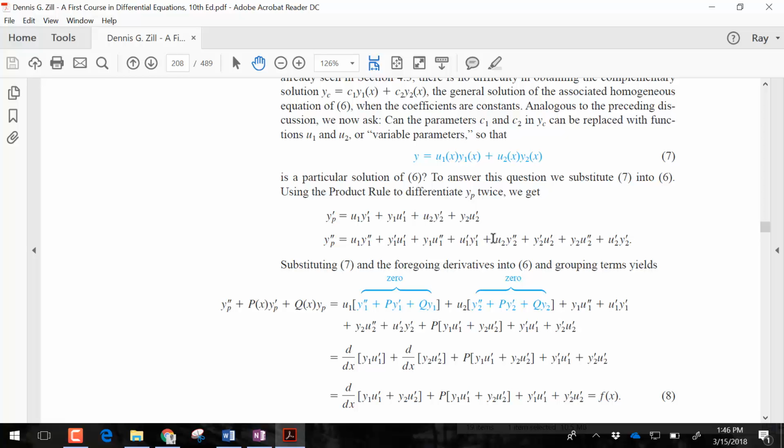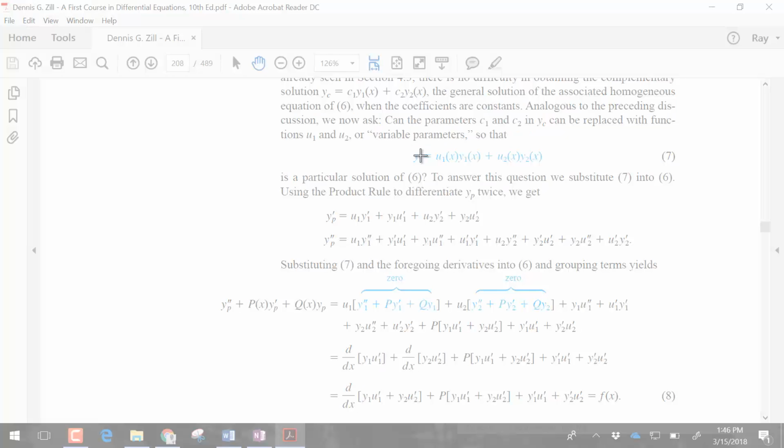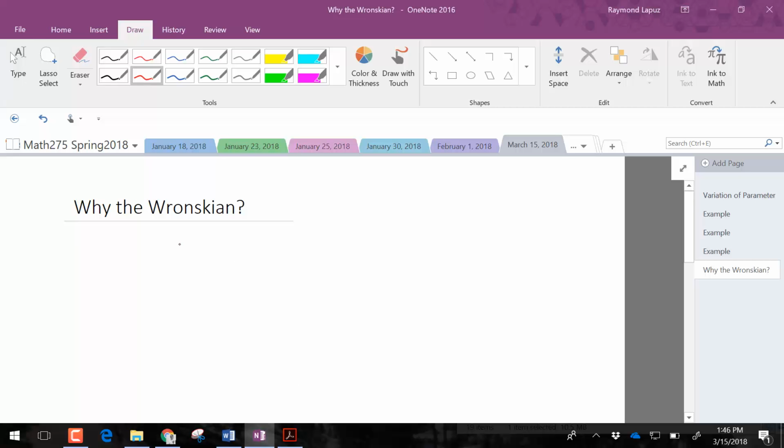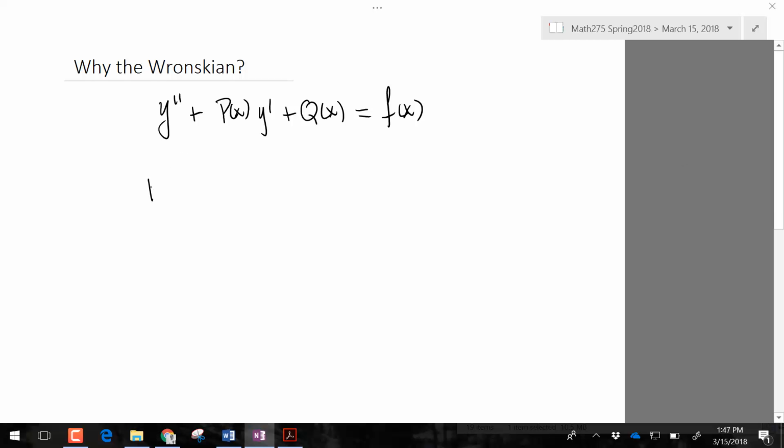We want our solutions to be of this form. So we have our differential equation y double prime plus some function times y prime plus another function is equal to f of x on the right hand side. So somehow what they're saying is that a particular solution y sub p is going to be some functions u1 times y1 plus u2 times y2,